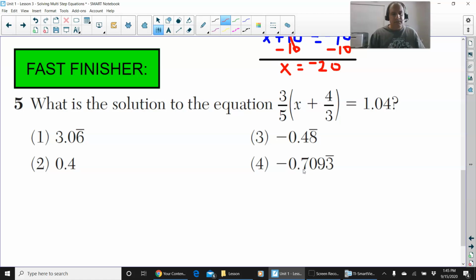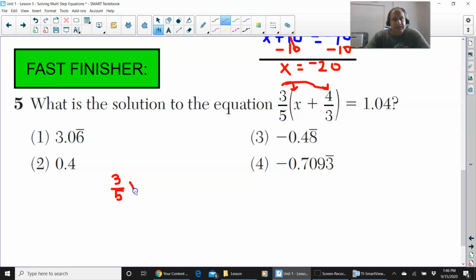You can press pause now. But I'm just going to work through it with you, because this is a Regents question. This is what a Regents question will look like as far as these fractions and everything. People are afraid of fractions. You have a calculator by you at all times, so it is absolutely no problem to use that calculator. And in this case with fractions, I don't even think it's necessary to use the calculator, but if you want to use it, okay. But 3/5 x,